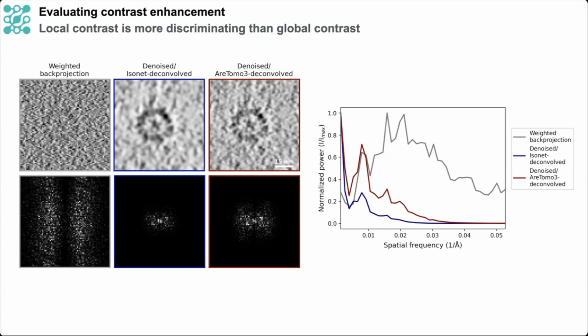And if we inspect the radial intensity profiles of these cross-sections, we can see that the features at intermediate resolution that we're seeing in the R-TOMA 3 case align with features that we see in the radial intensity profile of the weighted back projection case as well. And so it's not that our neural network is hallucinating these features, rather these features are there. And by applying a CTF deconvolution that more rigorously corrects for the CTF and relies less heavily on a low pass filter, we're better able to preserve these features during denoising.